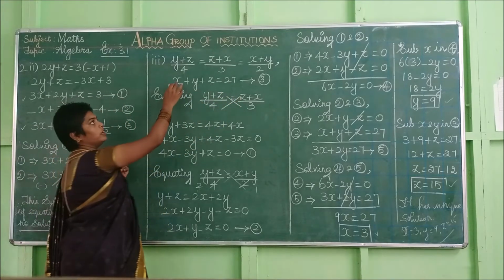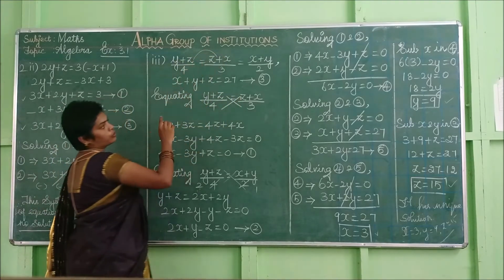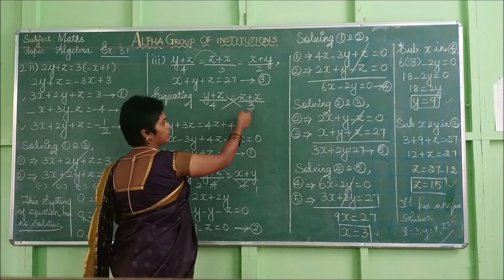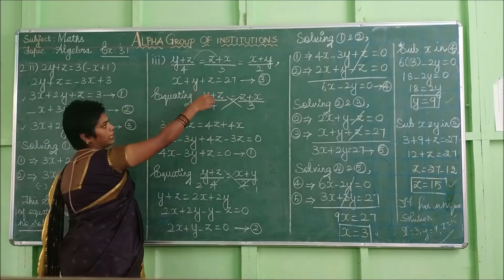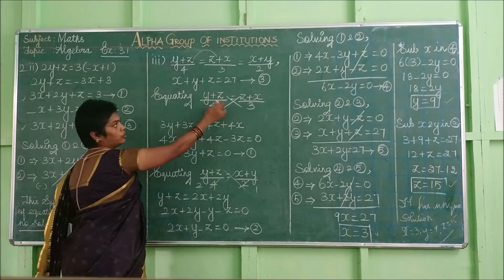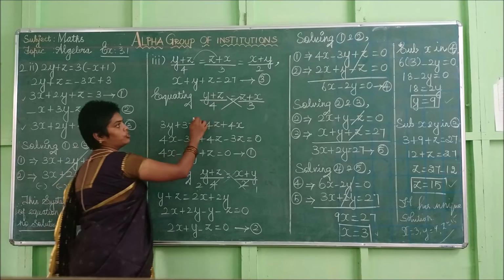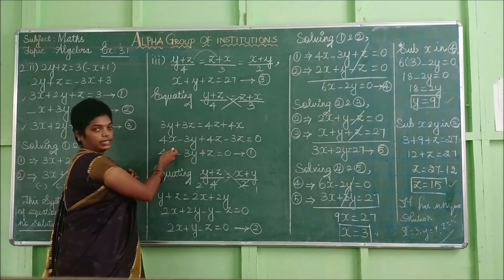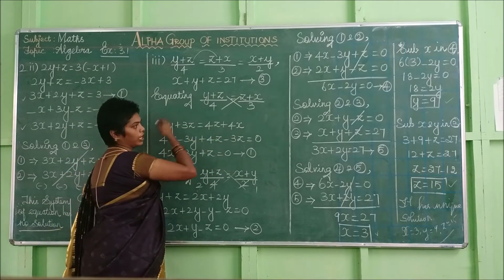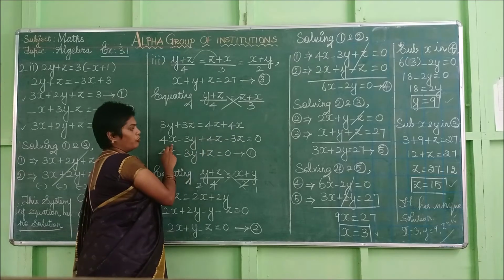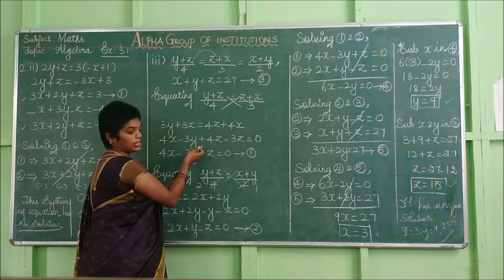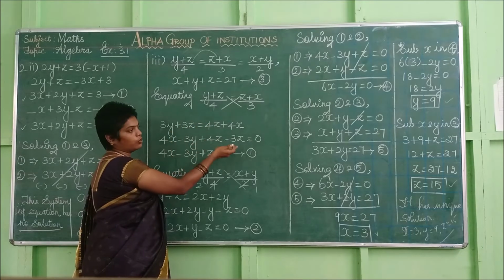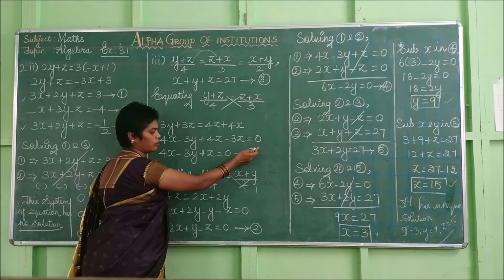So listen, first of all you have to equate the first two values. (y plus z)/4 is equal to (z plus x)/3. Then cross multiply those values. So 3y plus 3z is equal to 4z plus 4x. Arrange on a single side. So this is positive, so you can take those terms to this side: 4x, this 3y comes to this side means minus 3y plus 4z. Then positive 3z goes to that side means negative 3z, which is equal to 0.